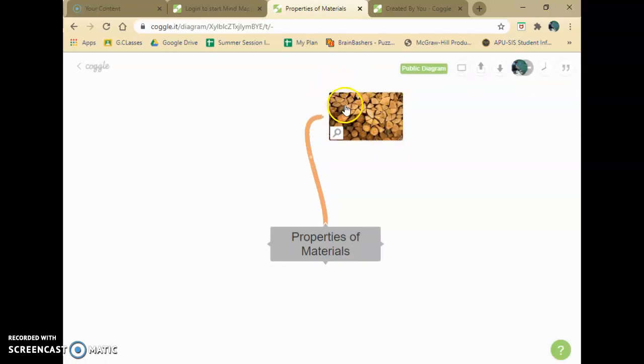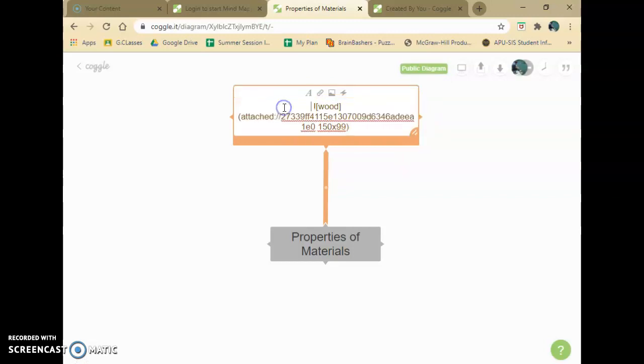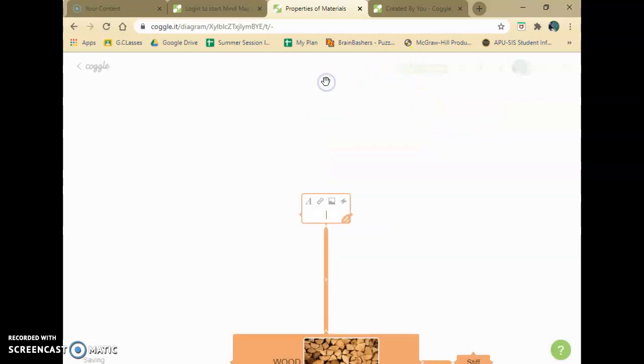You can label it. Oh, this is where if you right click, see, you can choose the shape. It will go like this. You can add wood. That's the title. Then how would you describe wood? It is stiff. It is opaque. However many words you can think of to explain that